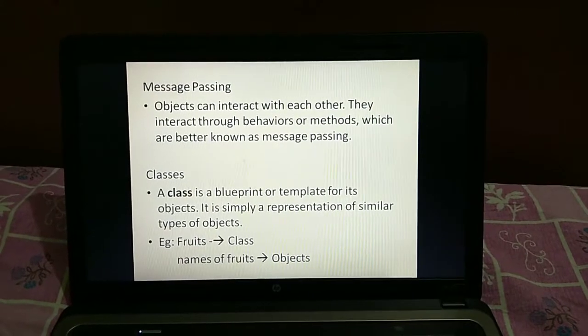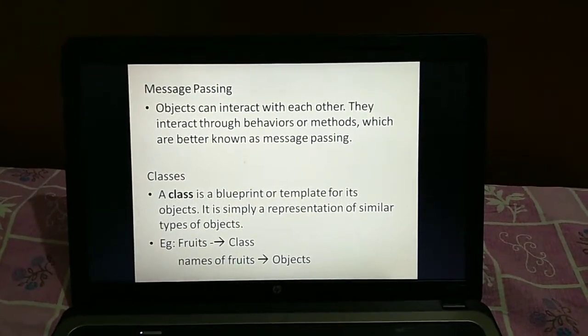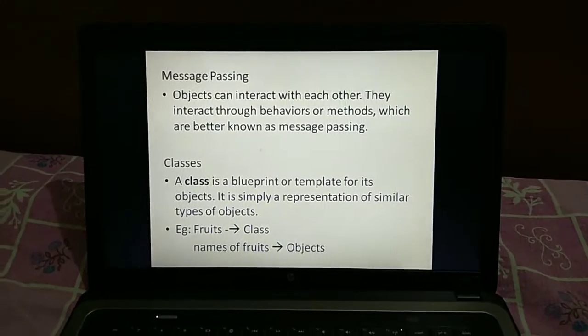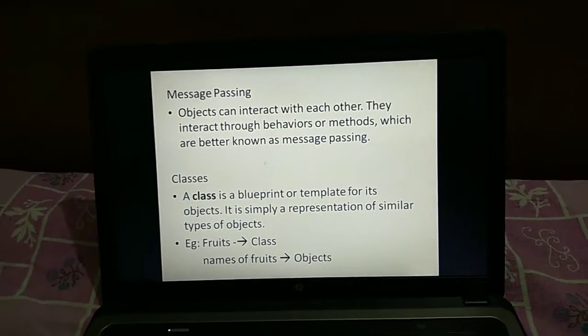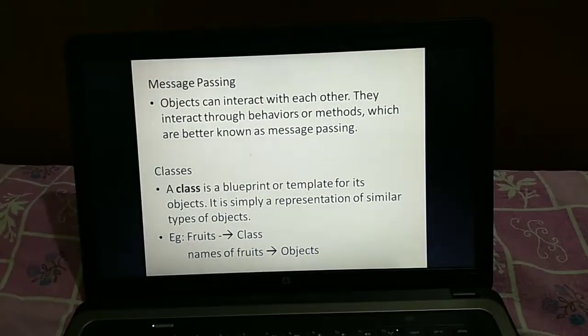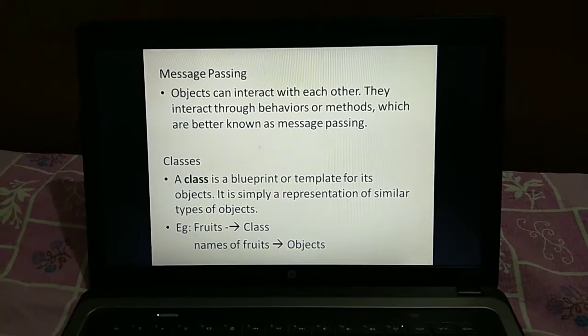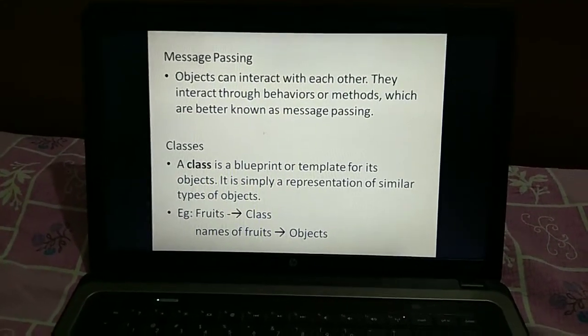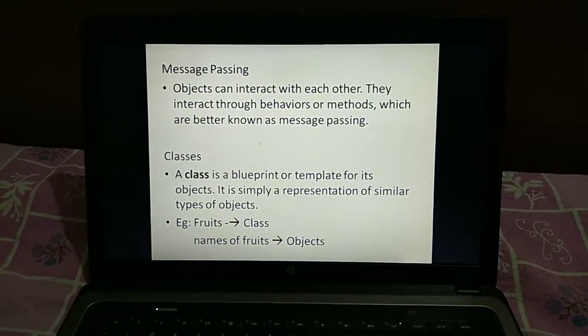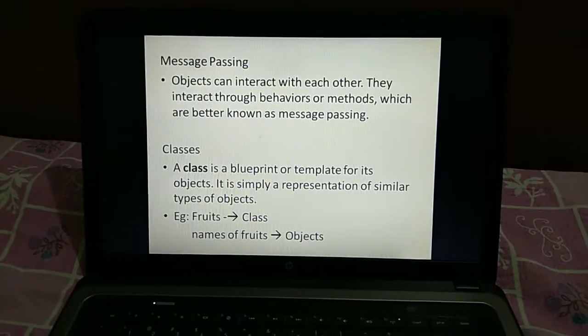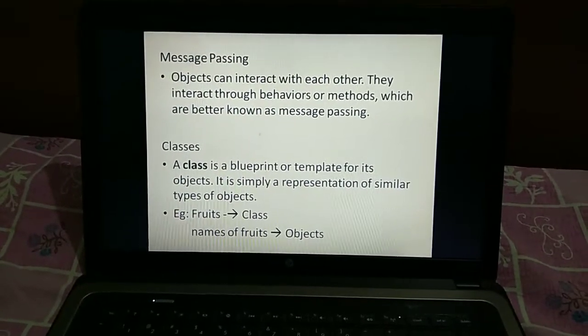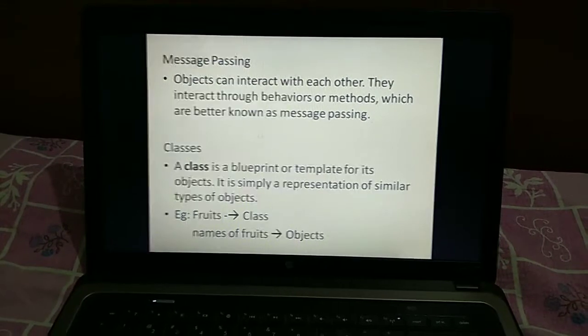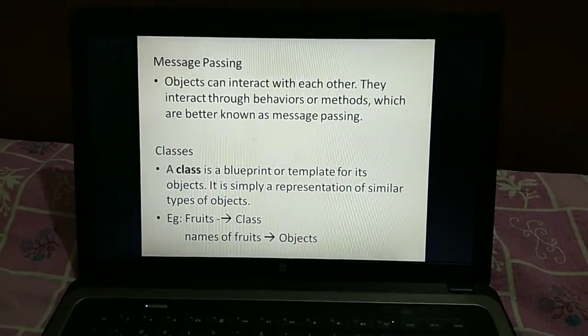Okay, next comes a concept called class. What is a class? A class is a blueprint or a template for its objects.